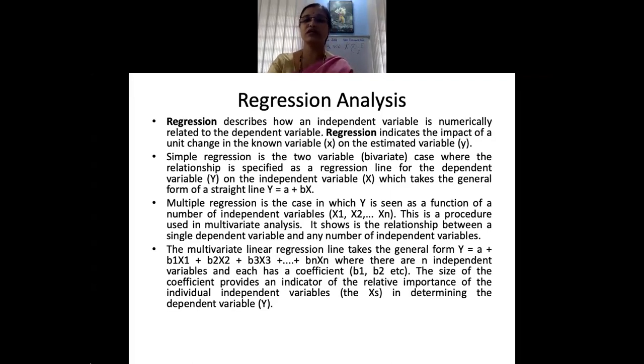All of you know that regression is nothing but how an independent variable is related to the dependent variable. So again, here we are trying to find out the relationship. Now, in case of multiple regression, you have a single dependent variable and multiple independent variables. So that is how you show regression. Please remember, techniques like ANOVA are based on regression. Analysis of variance is based on regression. Now, as I told you, there is a limitation when it comes to